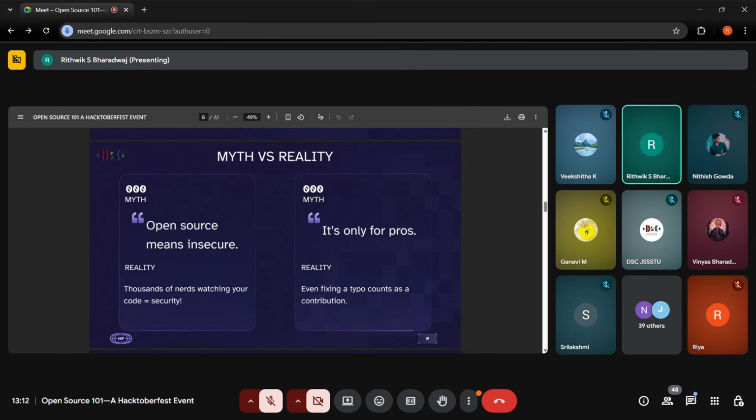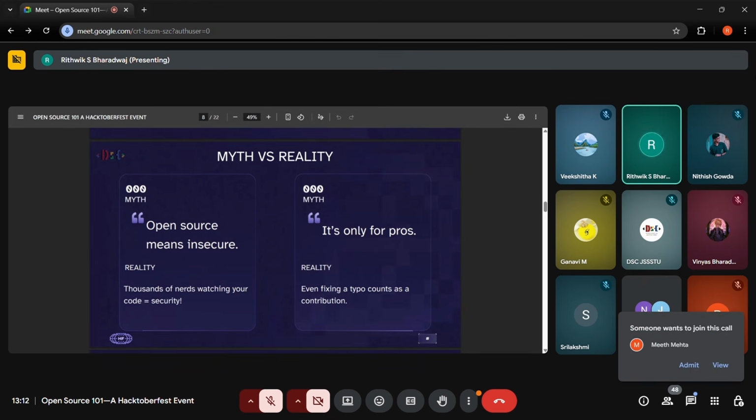If you've gotten your feet wet with open source in general, you would have noticed that people say open source means it's insecure, because the notion is that if the code is publicly available, people can take advantage of it and find loopholes in it.